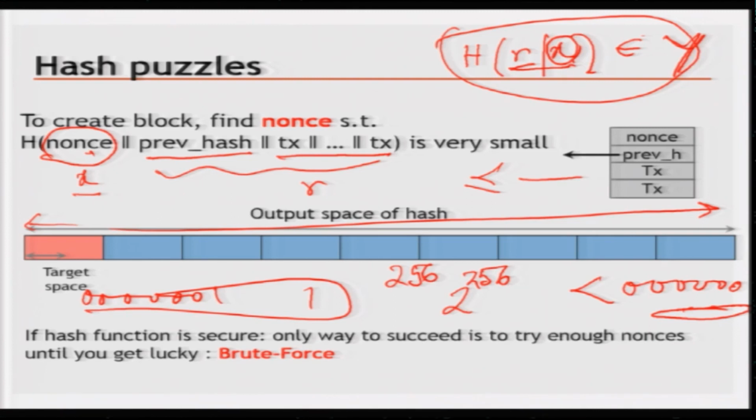But before we go into the race condition, you see that the hash puzzle has this property that we discussed earlier, that the only way to solve this is through brute force. You start by saying okay, 0 0 0 0 x will be this, and then you try to hash. If the hash does not come out to be in that range, then you try 0 0 0 0 0 1 and so on,